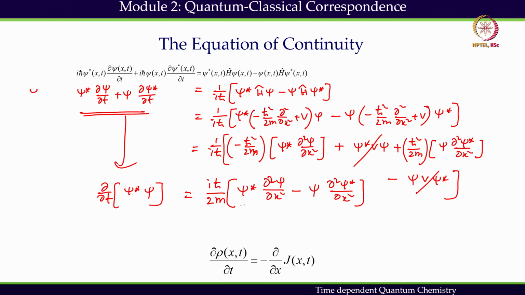Now this part can be further reduced in the following form. I take the negative of this first derivative, i h cut by 2m, psi star x minus psi star